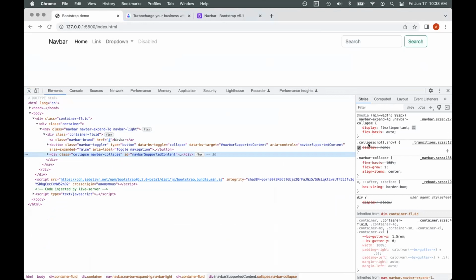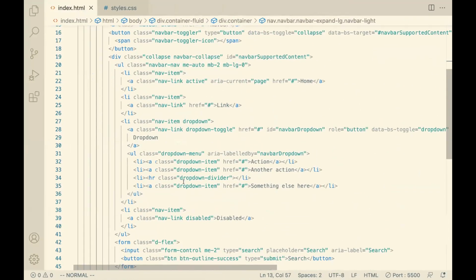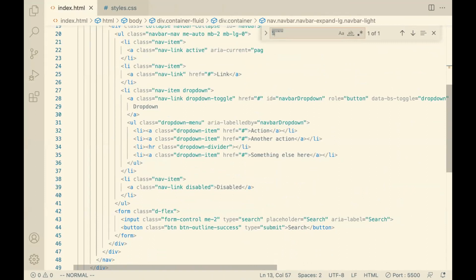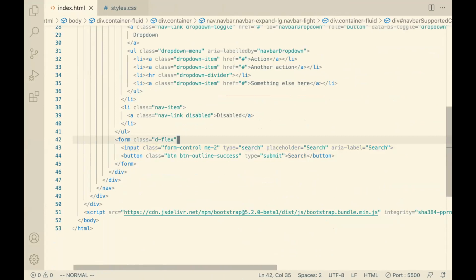So the next thing is we're not actually trying to add a search box. We just wanted a dropdown. So let's delete the little search box on the right from our HTML. Okay. Actually, what I'll do is use Command F to search the file. I'm just searching for something that says search. Yeah, and it looks like it's here. And I'm double checking that